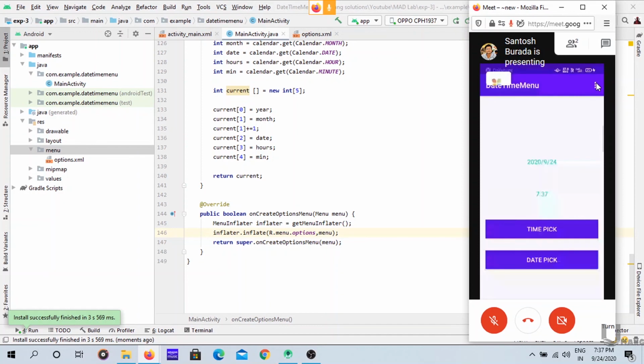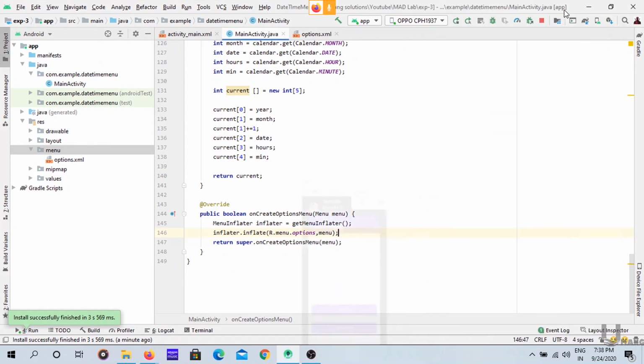See, we just got these three dots. We just inflated the option menu bar over the toolbar. So when we click on these three dots, we will get the options. See, new and open. Let's click on any one option. I am clicking on new. See, it is closing.